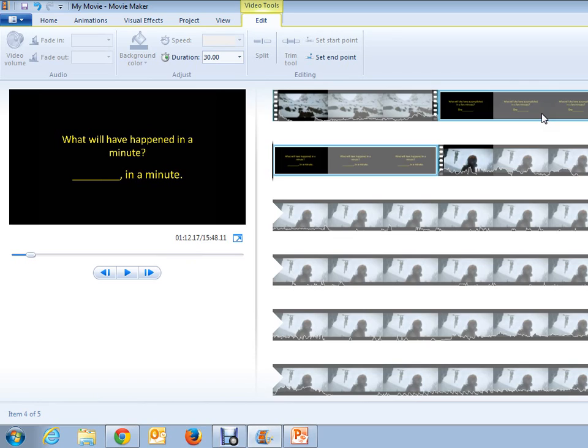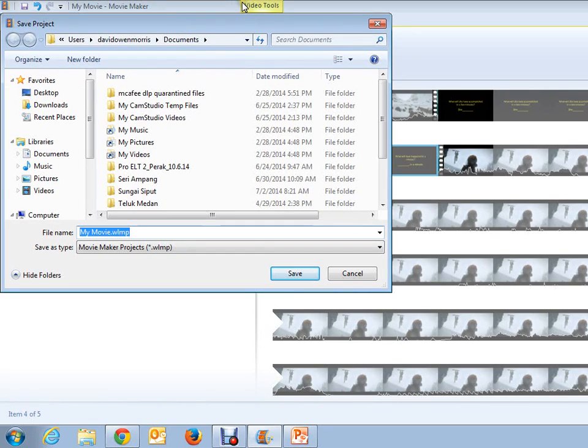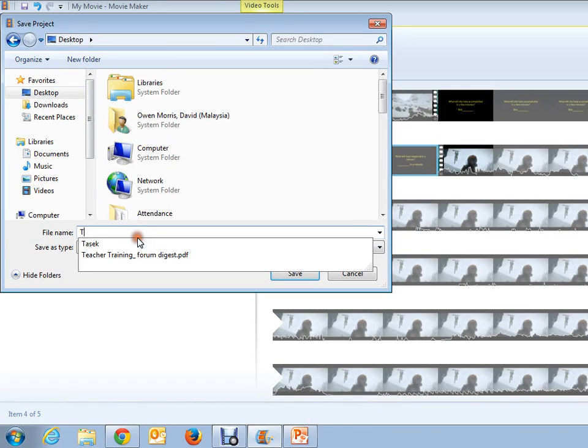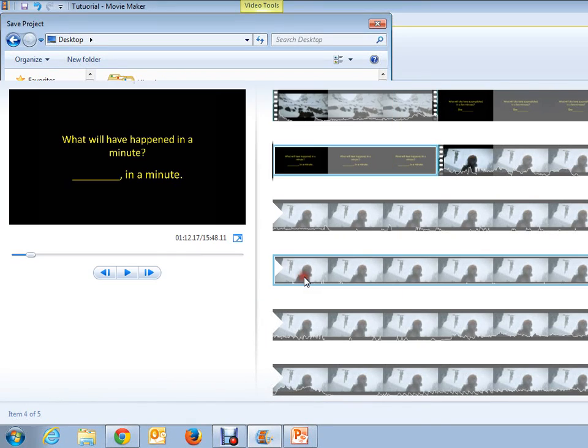And once you've finished working your way through the whole video, you go into Movie Maker and you choose Save Movie, not Save Project. Save Project creates a Movie Maker file with links. So let's save it on my desktop. Tutorial. Saved there now,